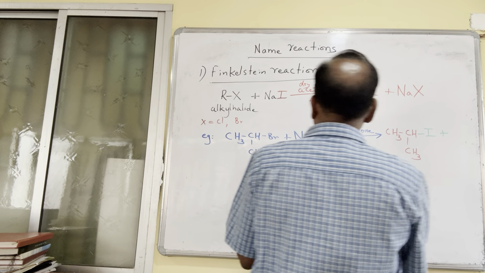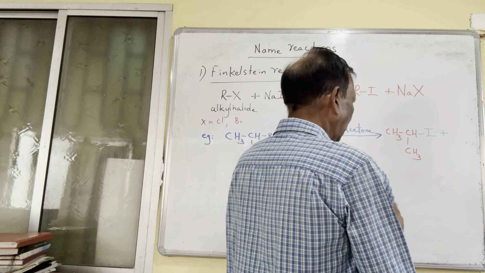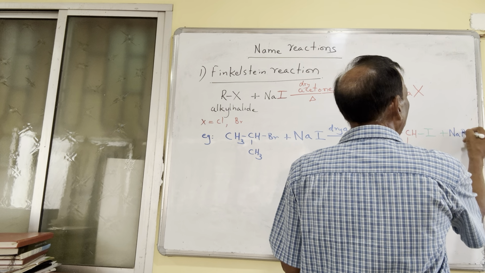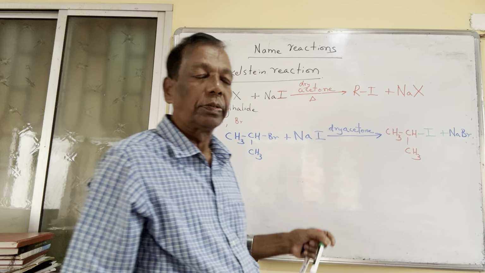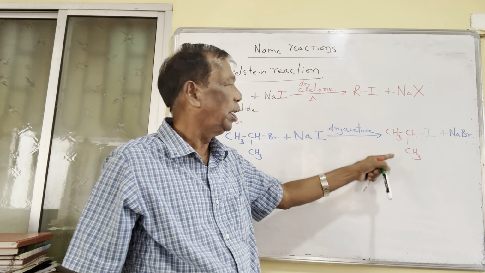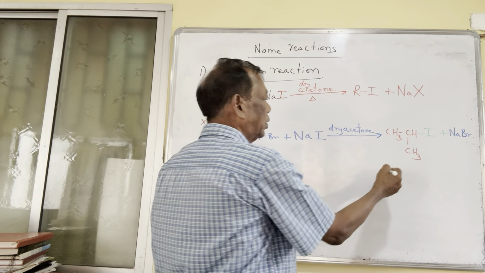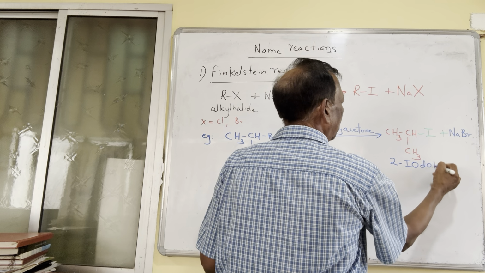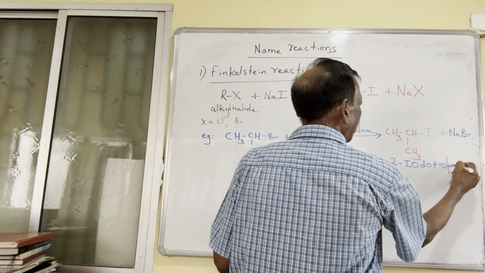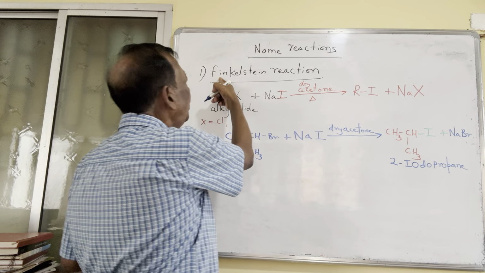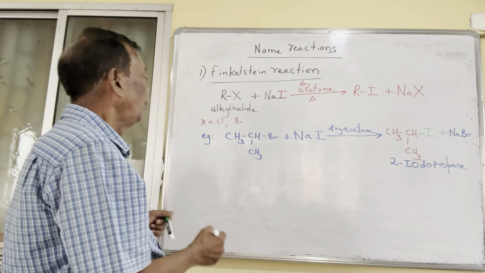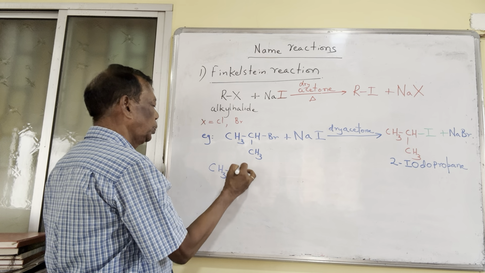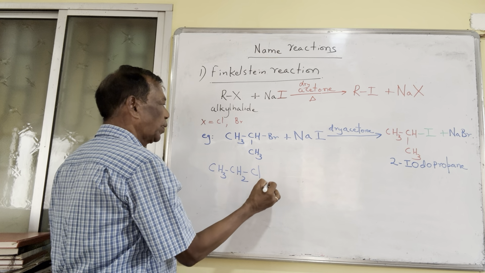and along with that what will be obtained? NaBr. Now this of course, you all should know the name, that it is 2-iodopropane. So what is the name of the reaction? Finkelstein reaction. Suppose you have a compound which is CH3CH2Cl, and if you happen to